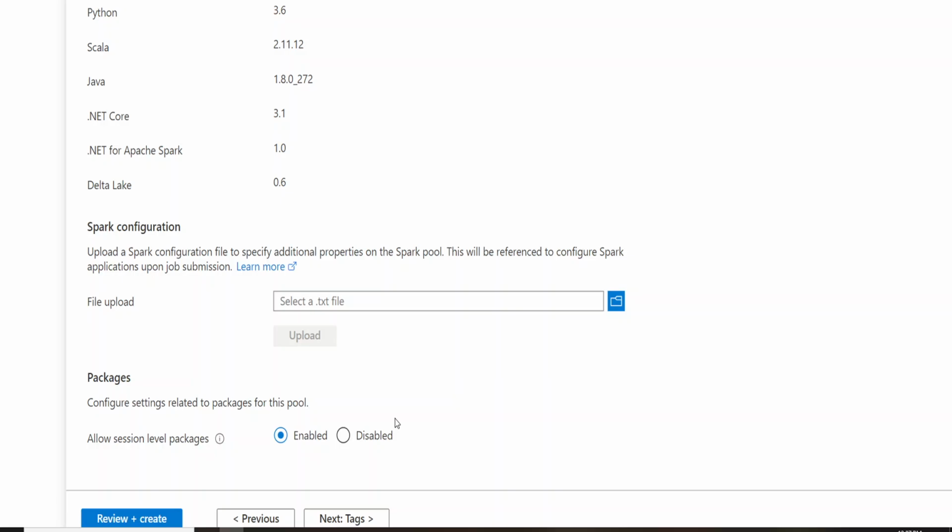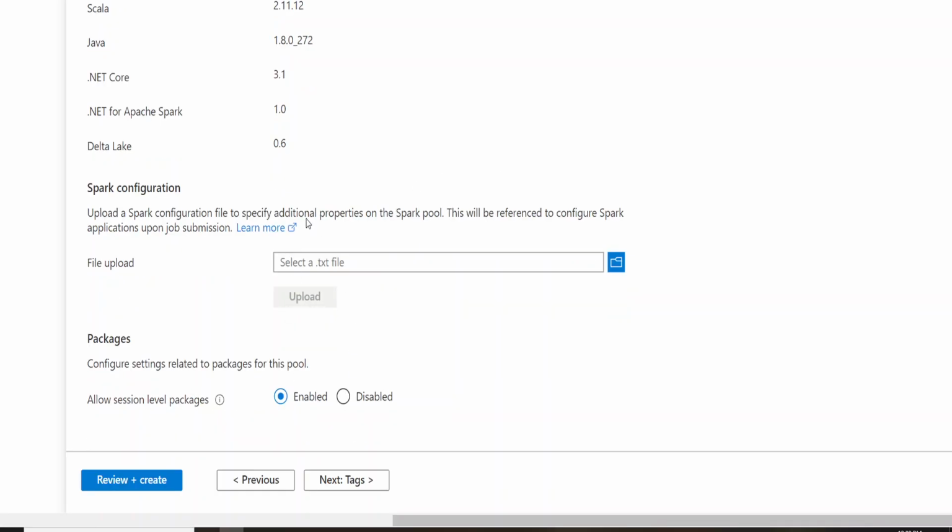You can have these libraries installed at the pool level or at the session level. When I say at the pool level, whenever the pool starts, it gets a set of pre-installed libraries. The second way is to define those libraries at the session level itself. So this is where your enabled and disabled options come into the picture.